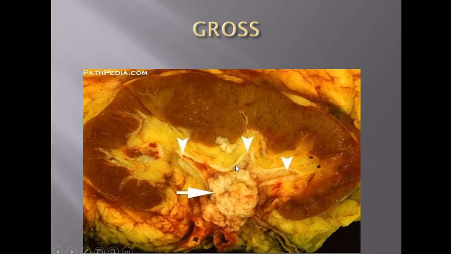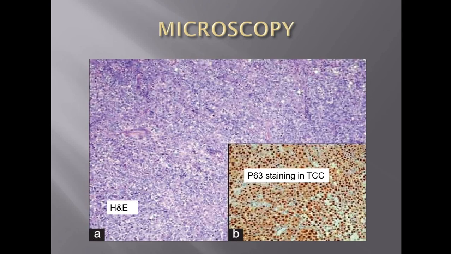So this is just in the renal pelvis. You can see the most common location. Whenever you think of a renal pelvic tumor, you think it could more favor urothelial carcinoma. It is not that it cannot be an RCC. It can be clear cell RCC. Histologically only we can make the differentiation. But with the location, when it is present in the renal pelvis, you always think it could be a urothelial carcinoma. Now this is a microscopy where you see the proliferation of urothelium, the polarity is lost.